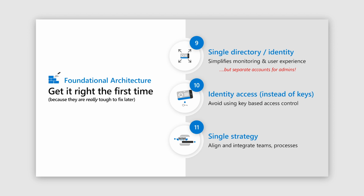But where there is a choice, and Microsoft is pushing very heavily on our internal engineering teams to make sure that every single Azure service will be able to use Azure AD for authentication. Again, back to that single directory, single identity in number 9. In all of the Azure services, we will support Azure Active Directory. That is a path we are on. We are working very hard to make that 100% across every service. We recognize that there are still gaps now. We recognize there are certain applications that require using and managing a key. We get that. But in every place that you have a choice of using a managed identity, use it